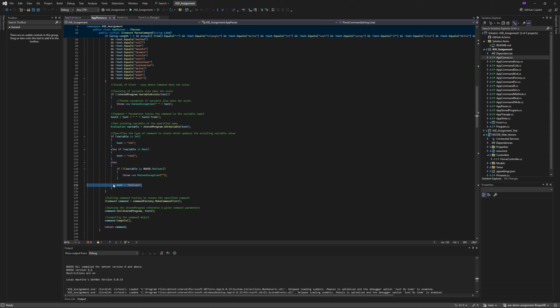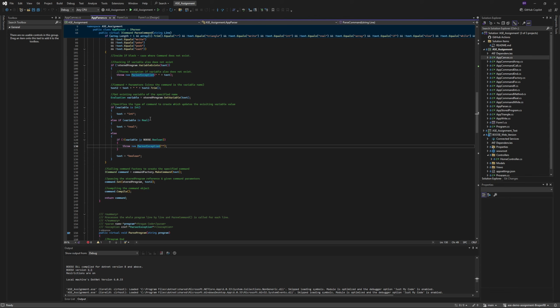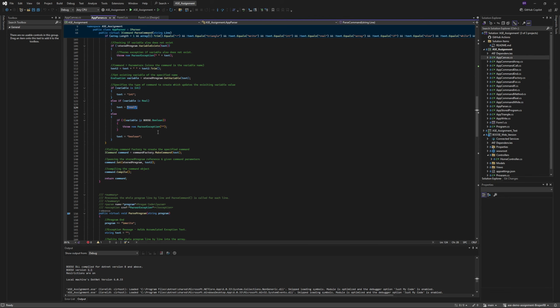Since the variable command has a behavior where if it already exists, it will override the existing variable command. If it doesn't exist, it creates a new one. So it creates the type of variable object and returns it. To create the type of variable object, it returns the type of the command object, and after we get the text, the type of the command object, it passes into the command factory, which creates the specific type of command,